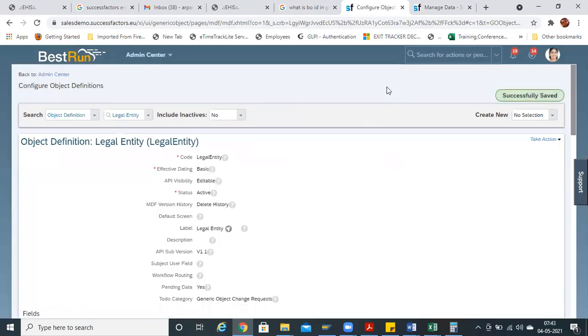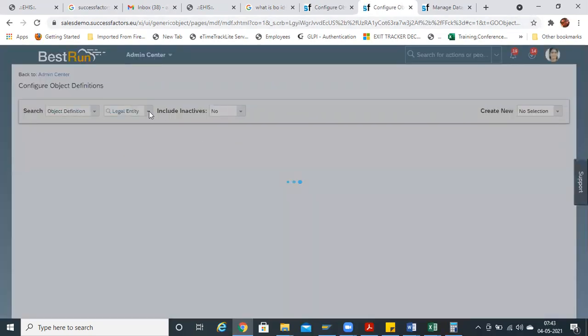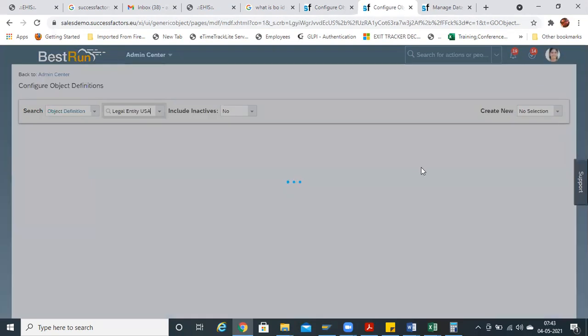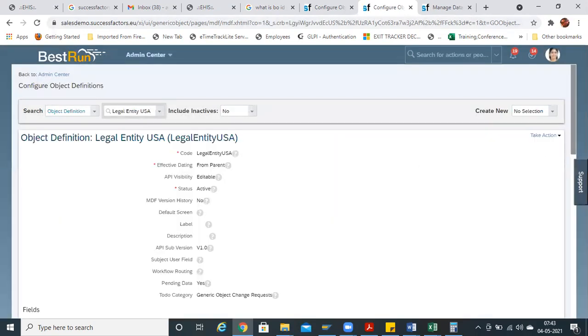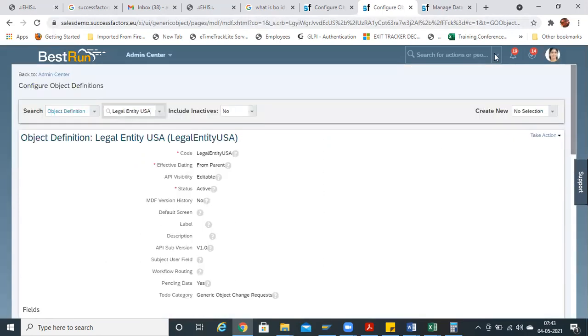Let us keep this legal entity in a separate tab, duplicate it, and here we'll open the country specific legal entity for USA. So these are the standard fields.